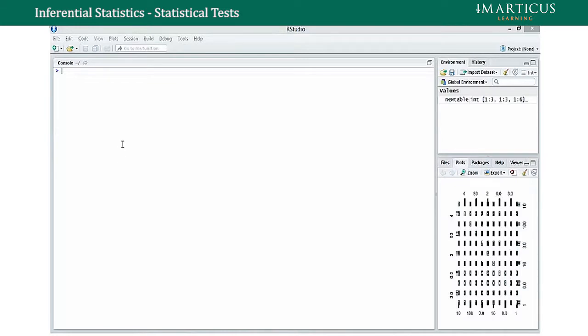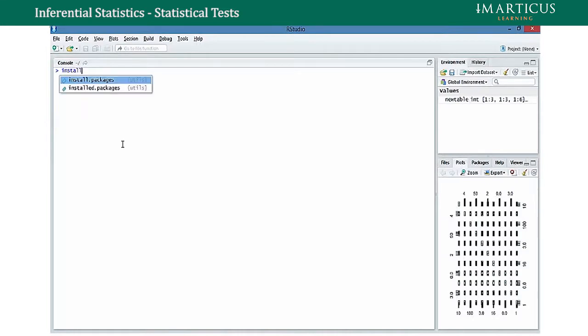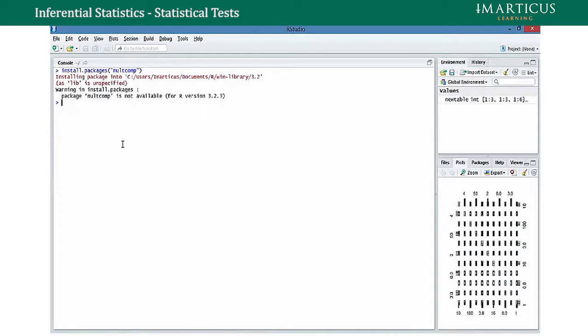So to do a test of normality, just to check whether the assumptions are valid, we'll use some of these things. So let's try to install the package first, and it's called multcomp. Again, the same problem, it's not available for version 3.2.3, but that's okay. We'll just try to do something else which doesn't require this. So let's say library car,